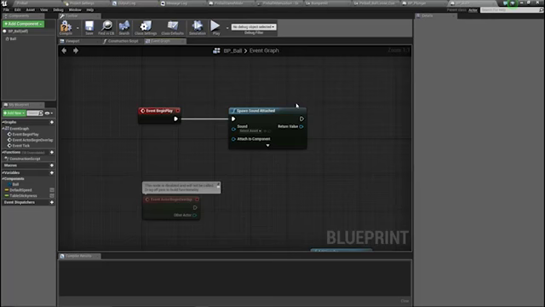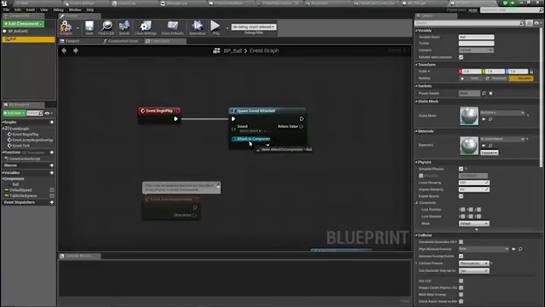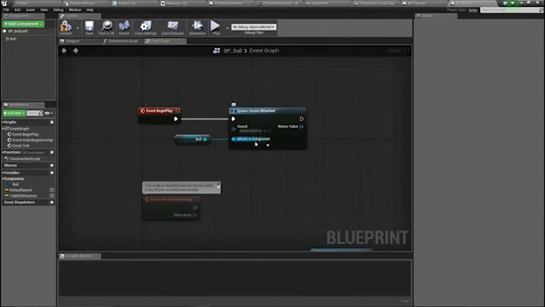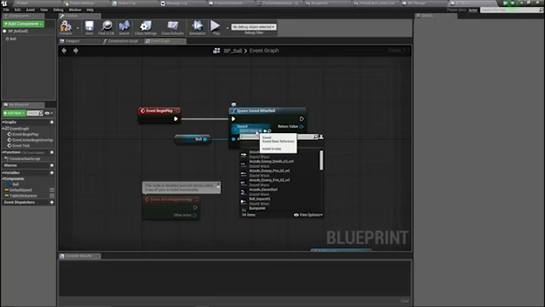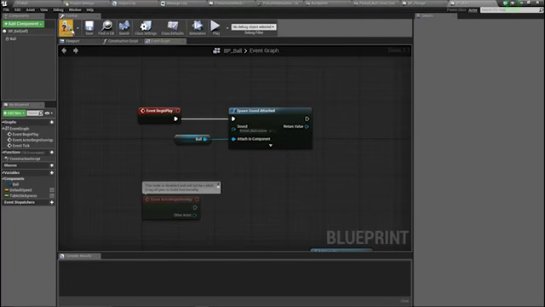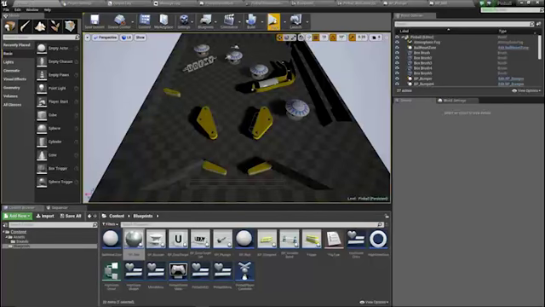So I'm going to get the spawn sound attached and simply just drag the ball into that. So attached to component is the ball component. I'm now going to set the ball to be the ball loose queue. I'm going to hit compile and save. And now when I hit play,